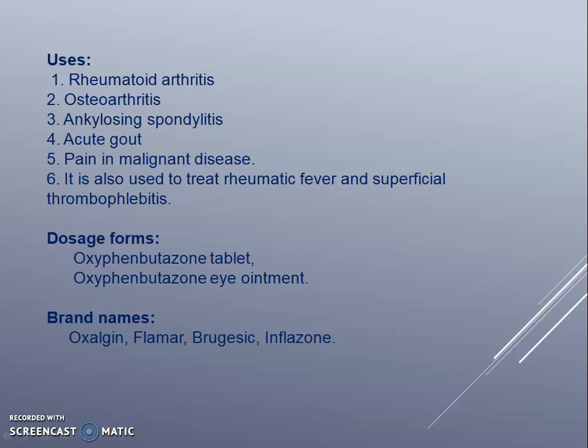Uses: it is used to alleviate the symptoms of rheumatoid arthritis, osteoarthritis, ankylosing spondylitis, acute gout, pain in malignant disease. It is also used to treat rheumatic fever and superficial thrombophlebitis. Dosage form: it is available in the form of oxyphenbutazone tablet, oxyphenbutazone eye ointment, and the brand names are Oxalgin,